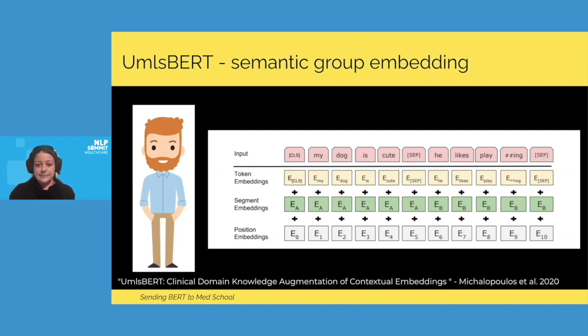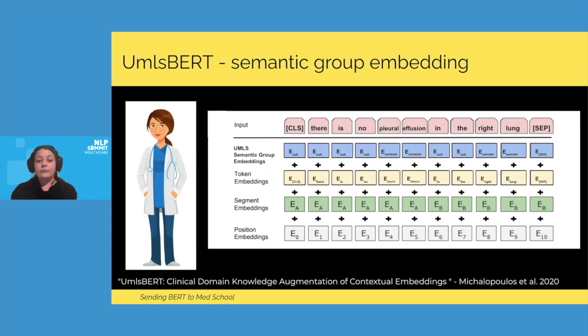inside the sentence. What happens in UMLS BERT when regular Joe goes to med school is that we're adding another layer, this blue layer you see here. This is the semantic group of the token in UMLS. UMLS semantic group is the highest layer of the UMLS hierarchy, and it contains general concepts like anatomy, disorder, treatment,